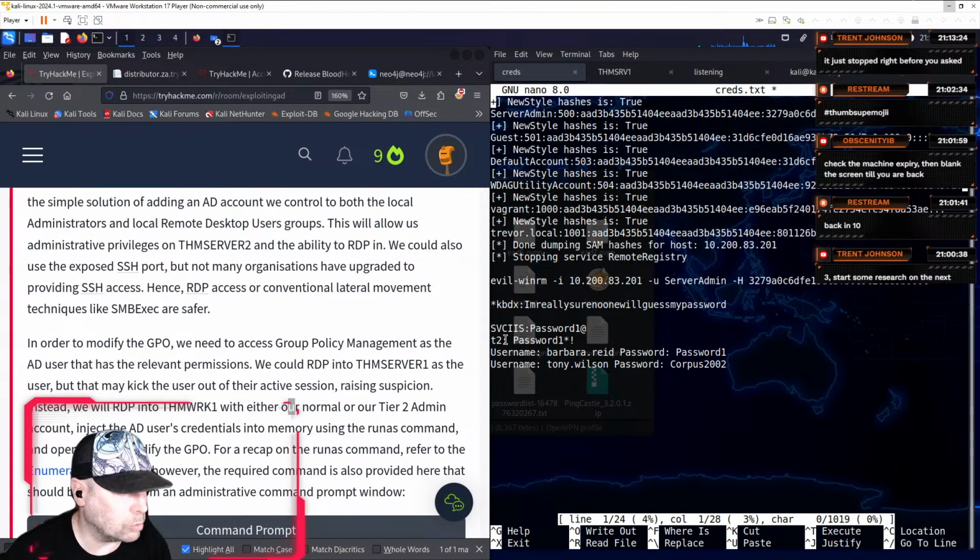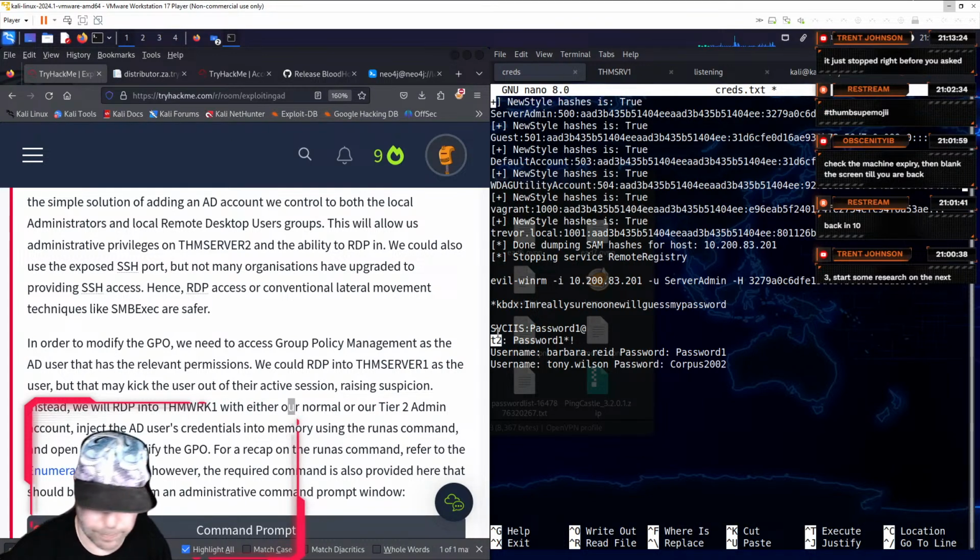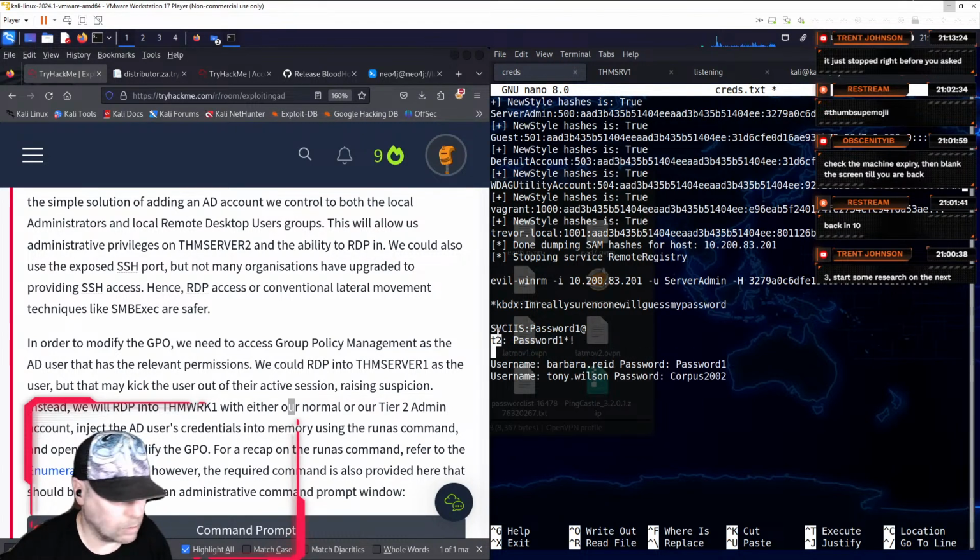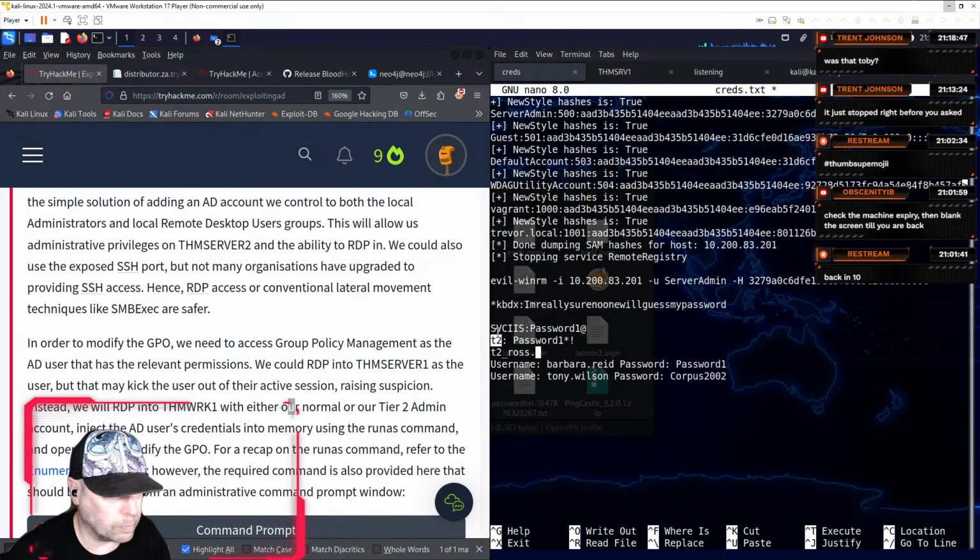We compromised 2 Tier 2 accounts. One of which I think was Ross. T2 Ross Bird. Was Toby tier 2? Was it Toby Wilson?